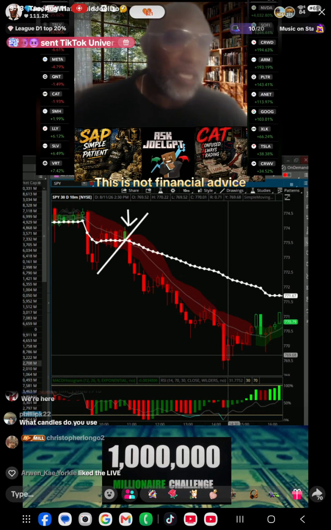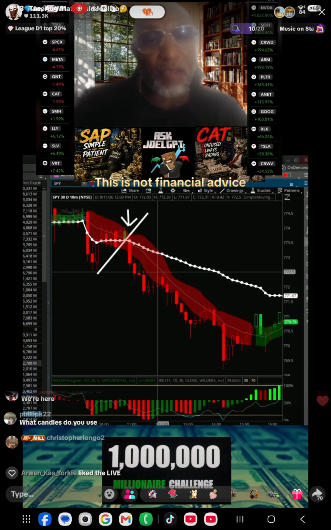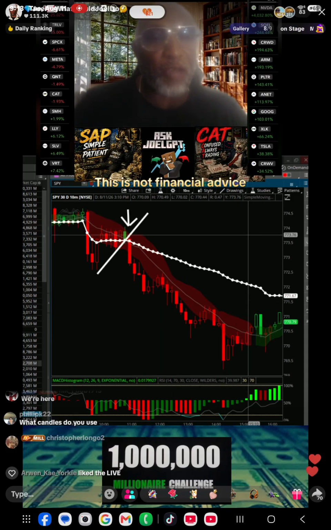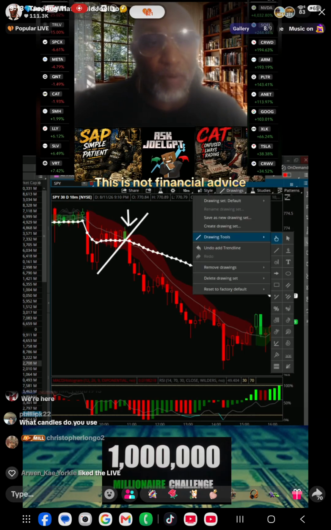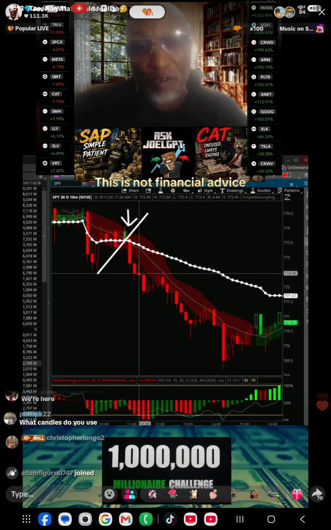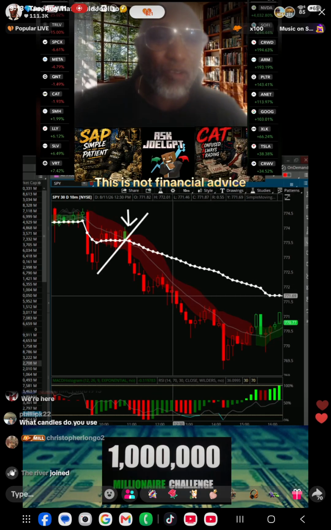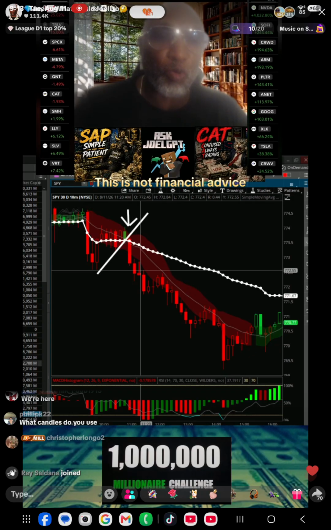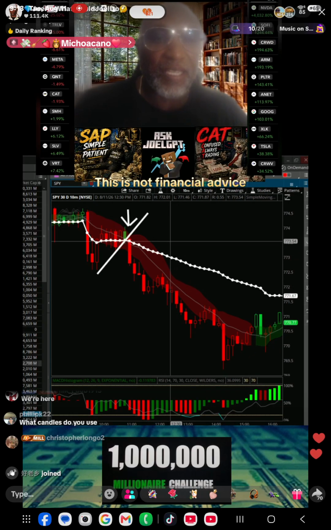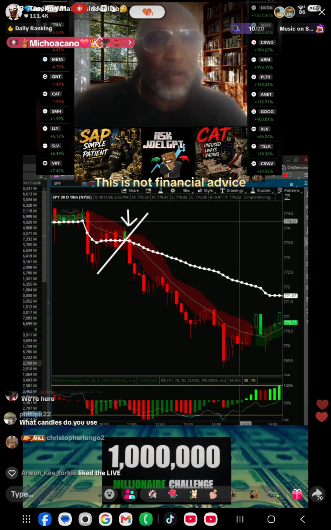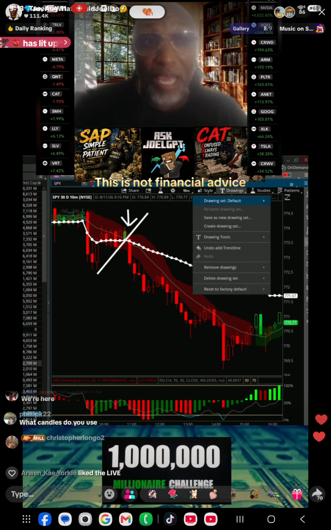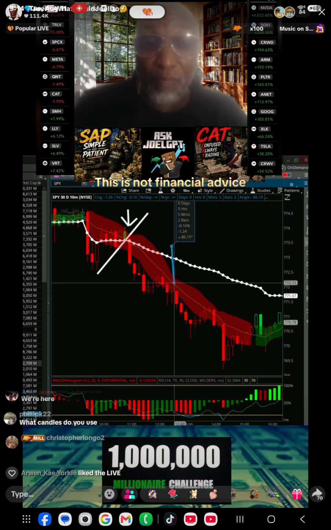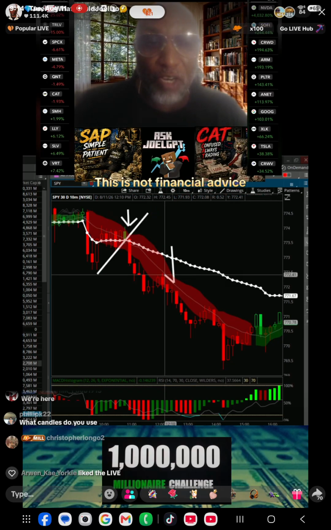If you were to count all of these candles, this whole trend to the downside was 1, 2, 3, 4, 5, 6, 7, 8, 9, 10, 11, 12, 13. Shoot, that was about 20 candles. Remember, it's the average. By about the 10th candle, I would have probably said, let me stay in this bad boy. 1 candle, 2, 3, 4, 5, 6, 7, 8, 9, 10. This is the 10th candle right here. After about the 10th candle, guys, I'm like, yo, I might be able to get some more out of this bad boy. This still looks bearish.